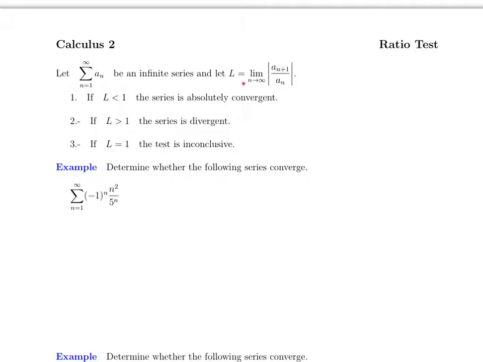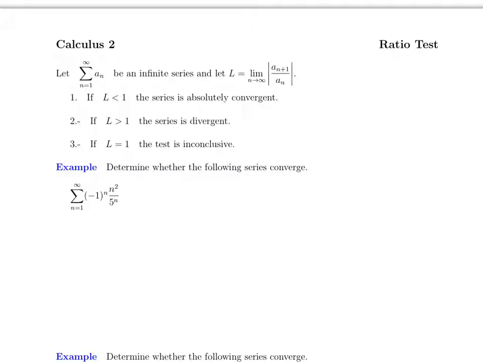Once you figure out this limit, which is the whole part of the test, you're going to look for three different answers. If the limit is less than 1, then the series is convergent. If the limit is more than 1, the series will be divergent. And if the limit is equal to 1, the test is inconclusive, which means the series can either be convergent or divergent, and you're going to need to use a different test, like the integral test, the comparison test, or